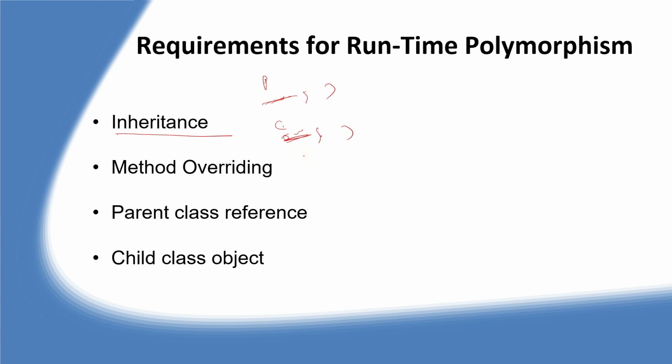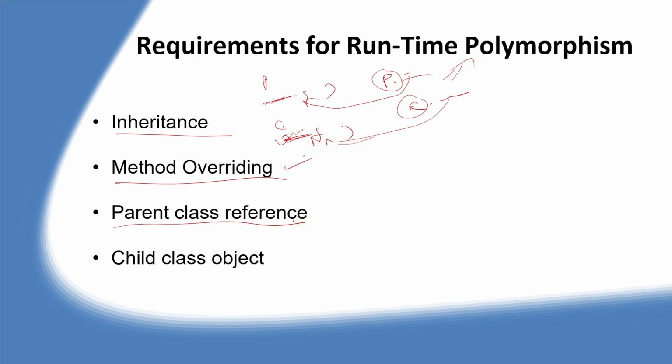And during runtime, what class object is calling the method name? If a child class object is calling, then the child class definition will get called. If a parent class object is calling the method, then the parent class method will get called. So during runtime, whatever type of object it is referring to, that particular class's method will get called. That means method binding will happen during runtime. That's why we call it runtime polymorphism. And we are doing overriding. Yes, we did overriding in the child class, parent class,